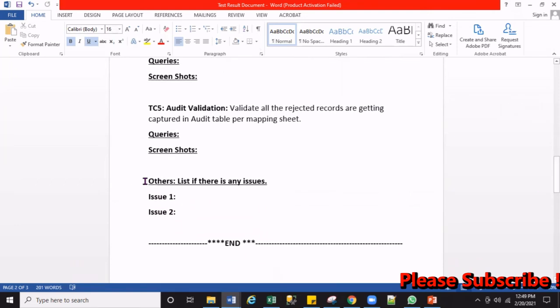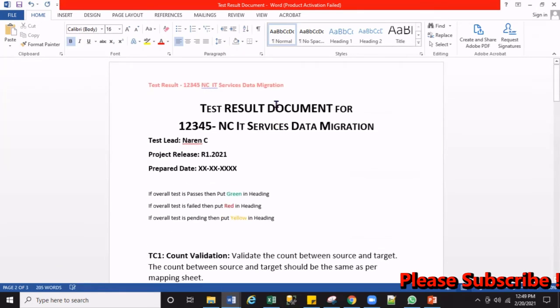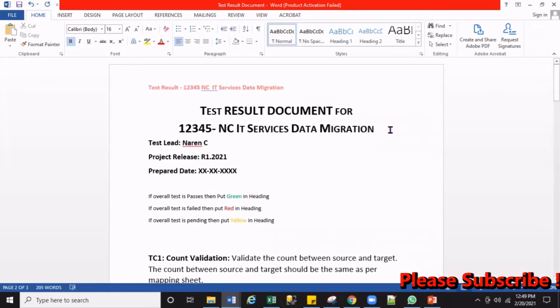All right. In the last, if you found any bugs, any issues, report it here. Like for example, if count is not matched, then you can say counts are not matching, right? Okay, and then save this one, and this will prove that once you're done testing you can pass this document, and upper management team will see that yes, he has tested, he has put the proper screenshot, he has written proper SQL queries, and testing is good.